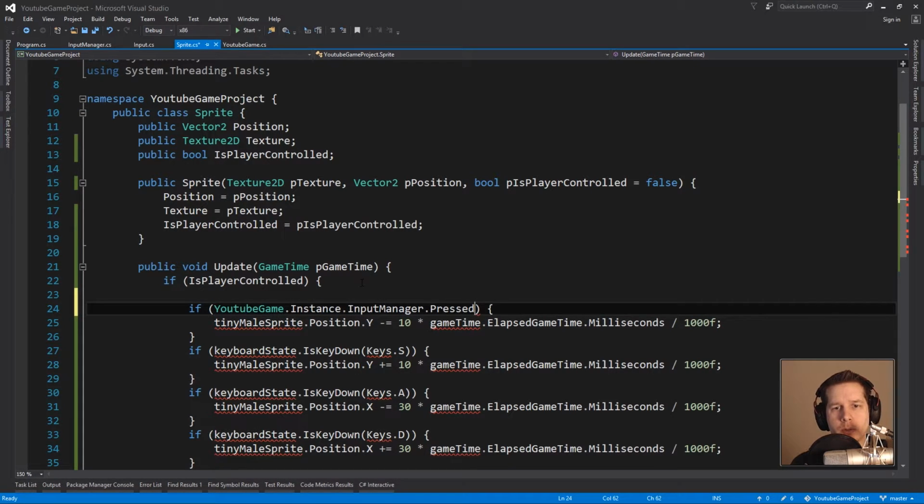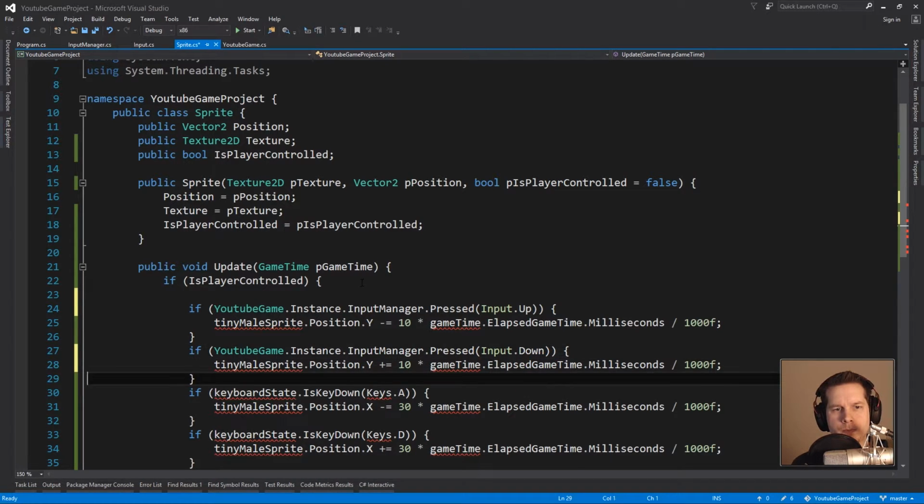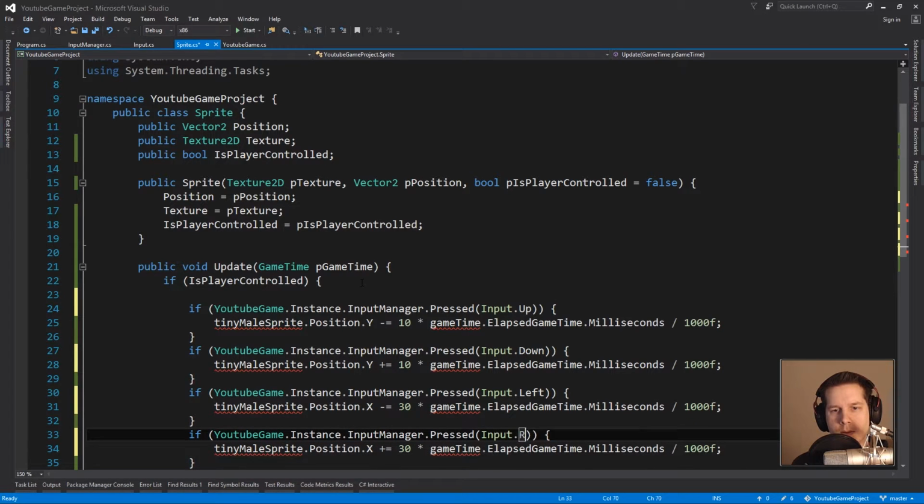W is up, so pressed input dot up, and this absolutely works. So S is down, down, A is left, and T is right. And as we can see, we still have a bit of a problem here, but luckily